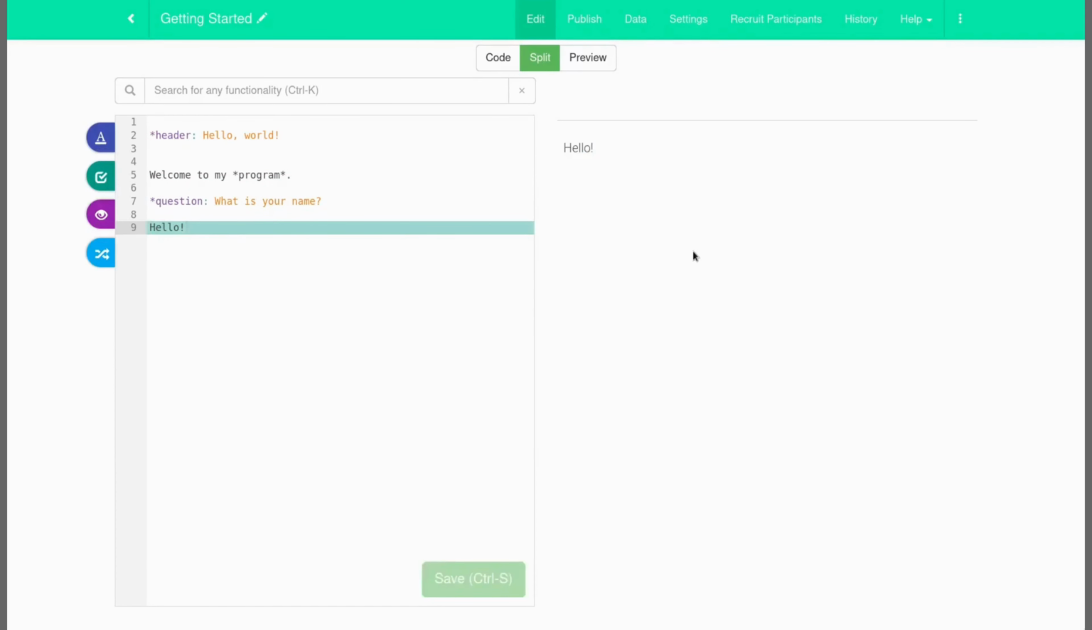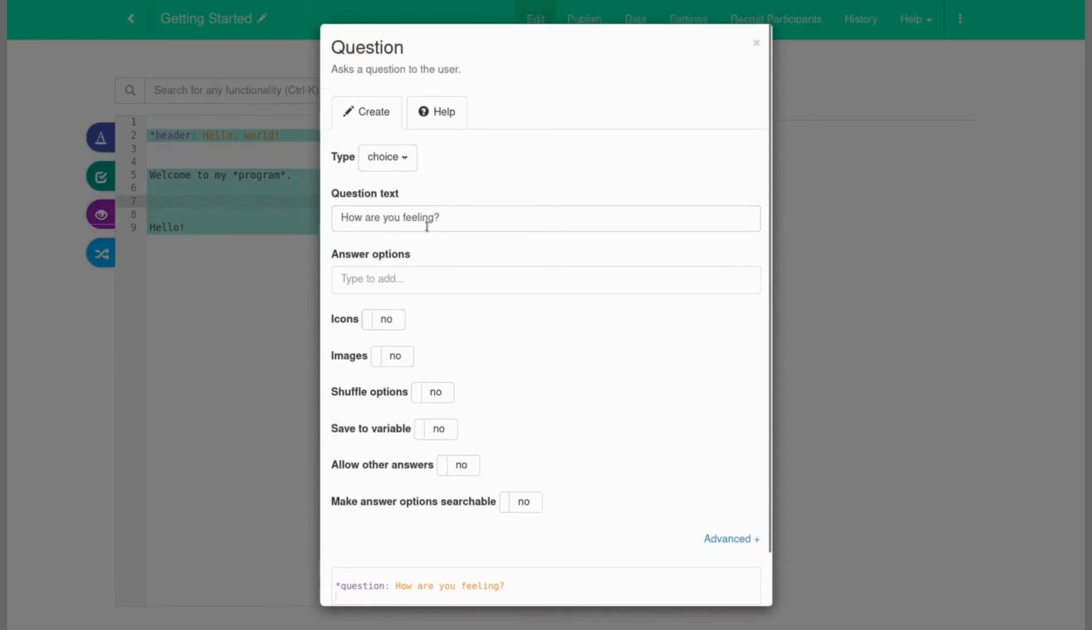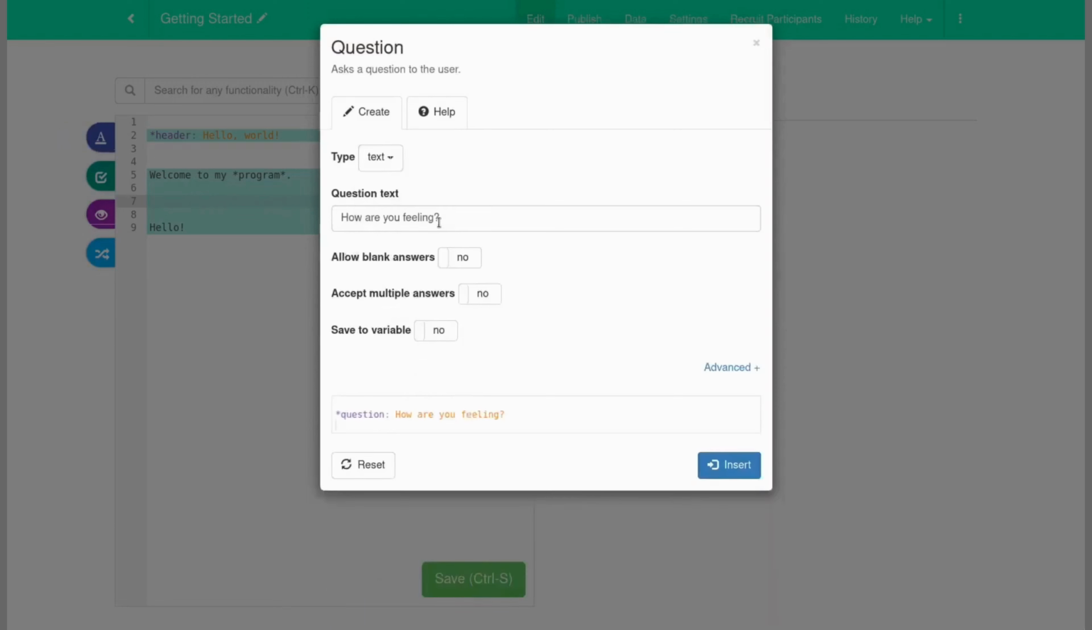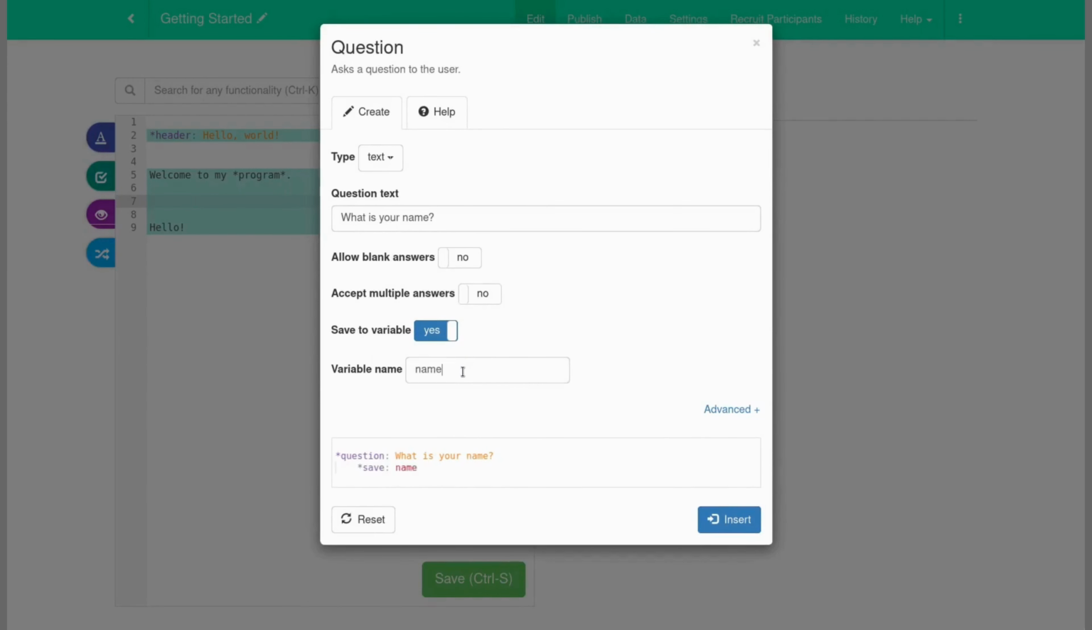But the question we made is not very useful because we don't know what the user enters. It'd be great if instead of just saying hello after the question, we could greet the user by their name. For this, let's save the user's answer to a variable. If we delete our question and create it again, there's the option to save to variable. This asks us for a variable name. Since we're just asking for the user's name, we can just call it name, and this adds a save keyword